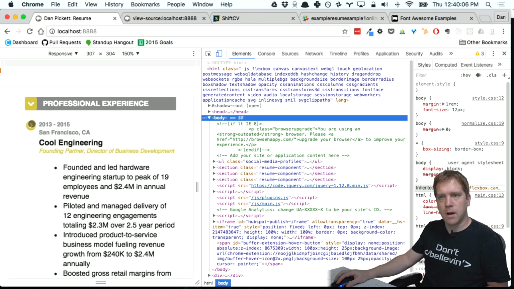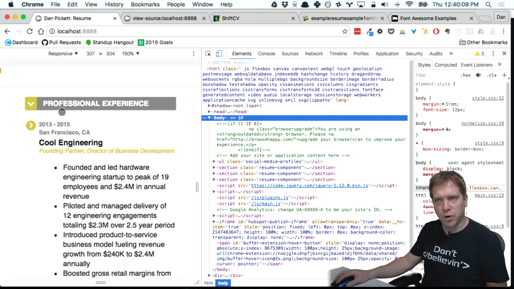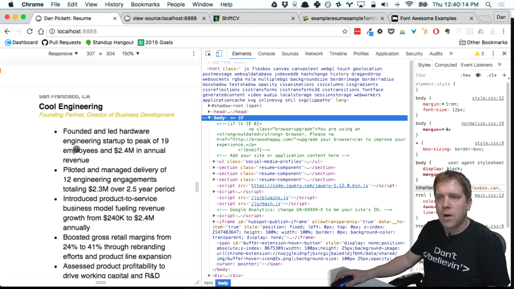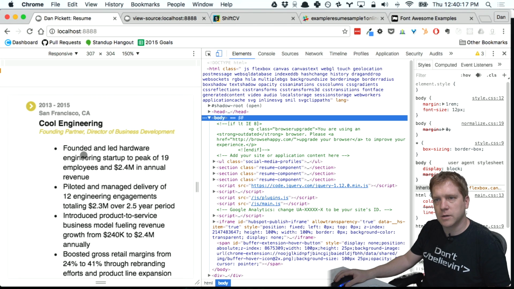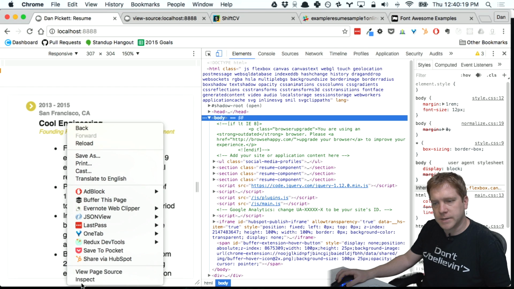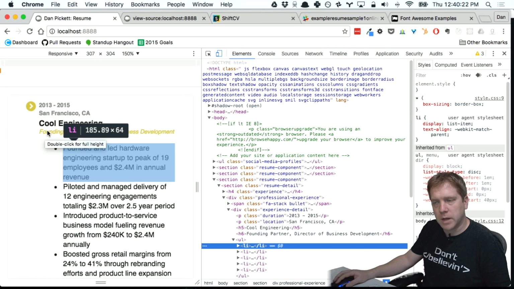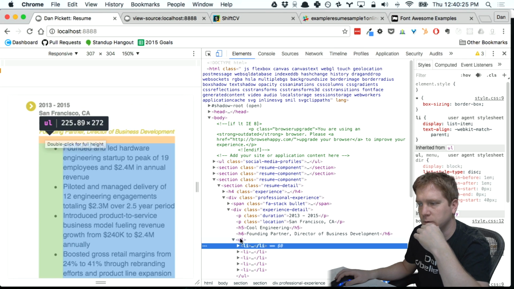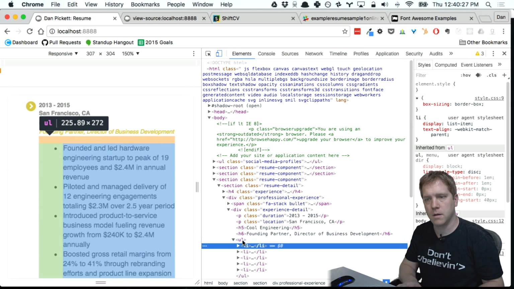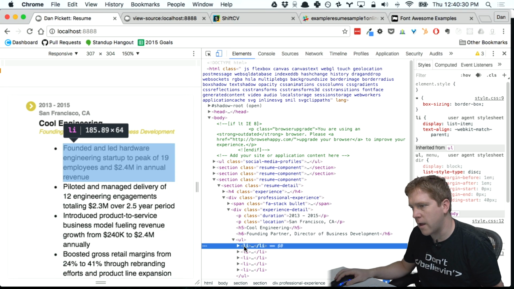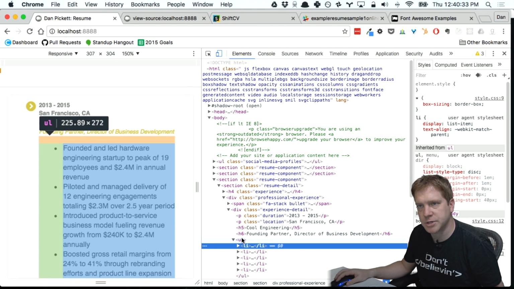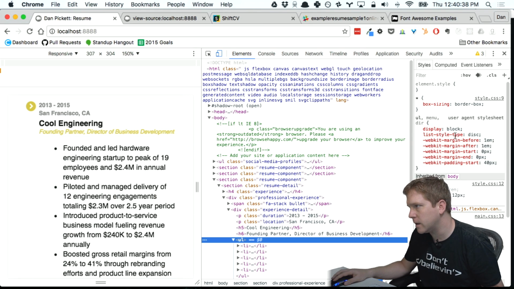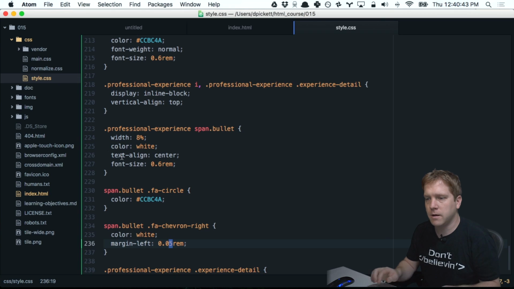So I've got my chevron appropriately sort of gridified. Everything is looking really good from an alignment standpoint. Now I want to treat these bullets a little bit better. And I think the number one thing is I want them to be aligned with the company and the title. And I want to make the font size a little bit smaller. So remember that every browser has its own version of a user agent style sheet. And that's what's causing this padding or this margin to occur. Well, both this margin and padding. So we're going to eliminate that